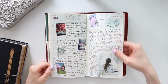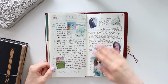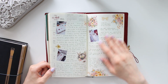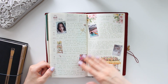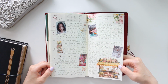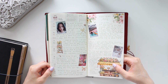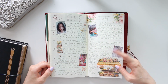This is last month that I journaled in here. And then we're gonna move into this month, which is May. So this insert goes for only half the year. You do get another insert that will go for the rest of the year. So this is how this month is panning out so far, and I'm using actually for the first time the washi stickers. So we have the clear white matte and now the washi option, and I really like how vibrant